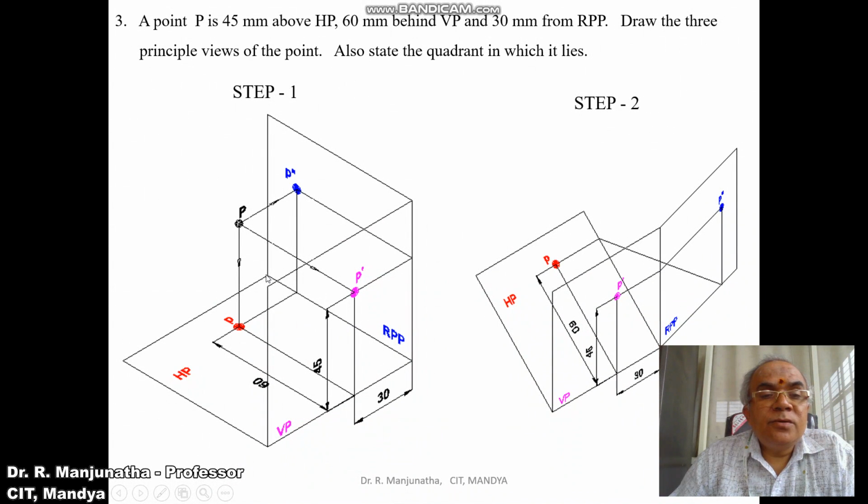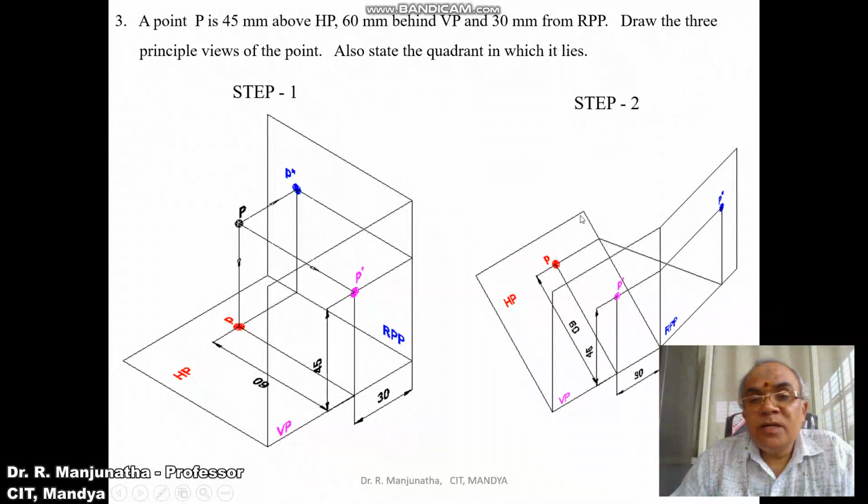But now what we need to do is cut it at this line. In the first quadrant, HP is rotated down. In the second quadrant, the horizontal plane is rotated by 90 degrees to the top, because it will act as the fulcrum. If it is extended here on this horizontal plane, when the HP is rotated by 90 degrees in the first quadrant, HP will go down. Since it is at the fulcrum, naturally HP is going to go to the top.